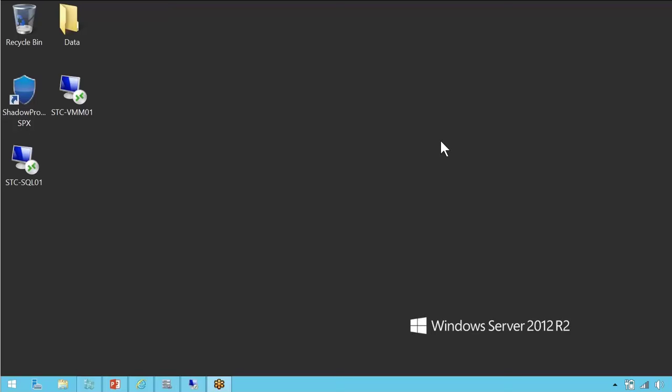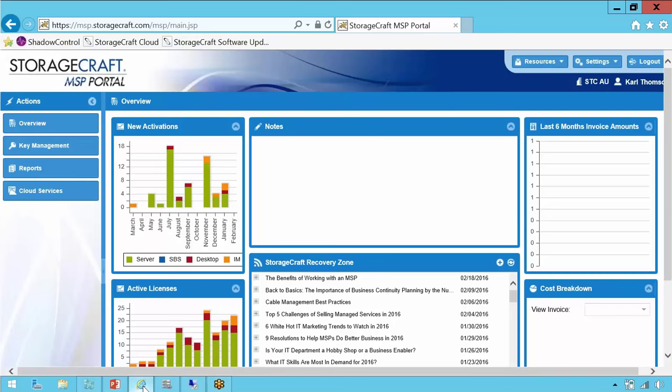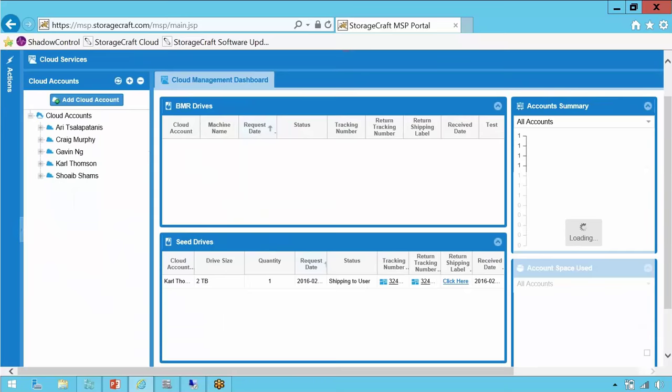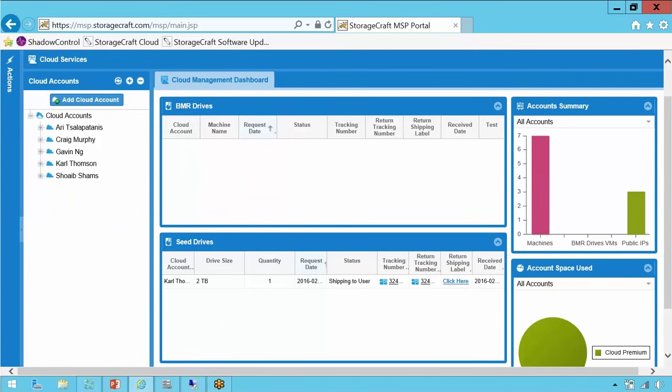So the first thing we'll do is I'm going to jump into that portal and go down to Cloud Services here on the left. And I'm just going to minimize that pane. And basically here I have a couple of internal Sydney Cloud accounts that we have for my colleagues. What you need to do, or if you're an MSP partner, the first thing you will be prompted is to create a parent account. In this case here it's just represented by cloud accounts, and then we need to add